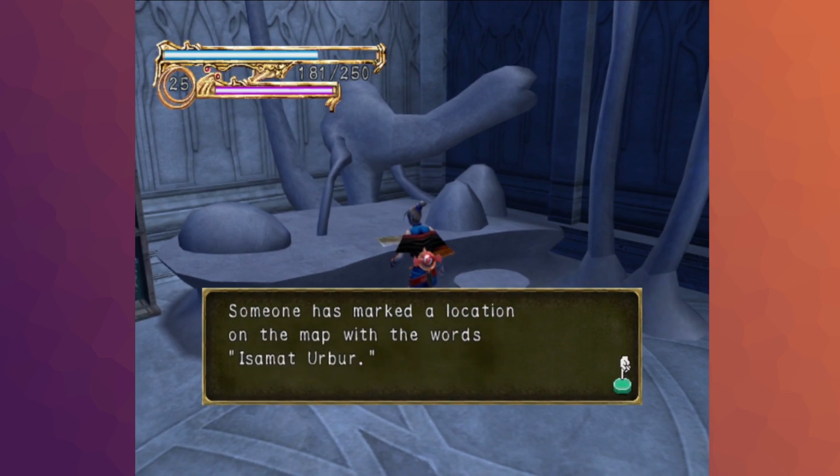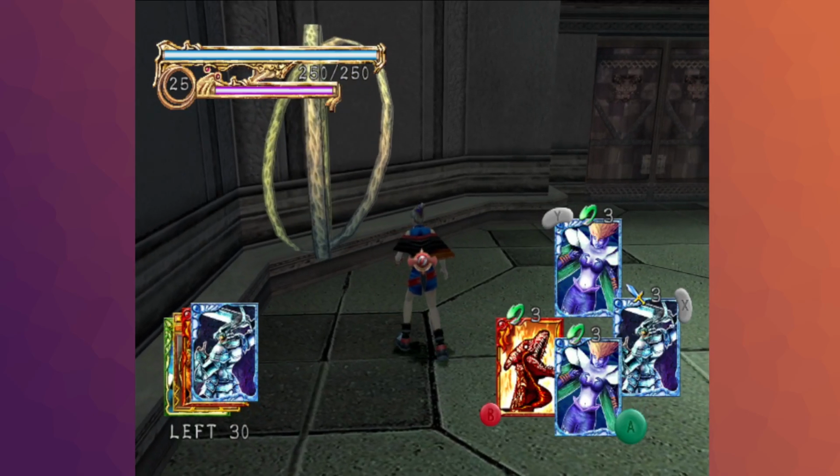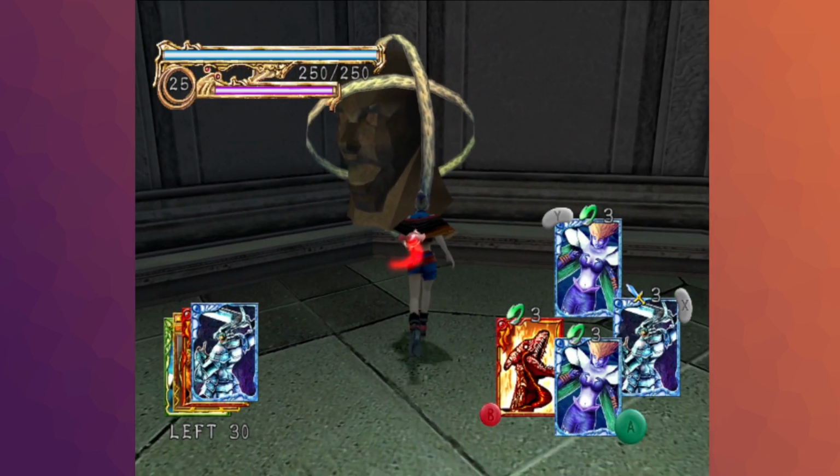In the center of the house is a map that also unlocks a place called Izamat Urber, which is also very...